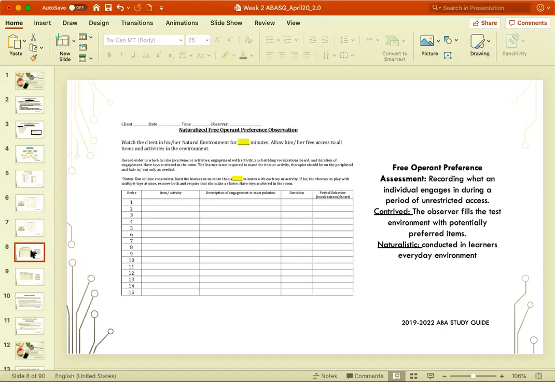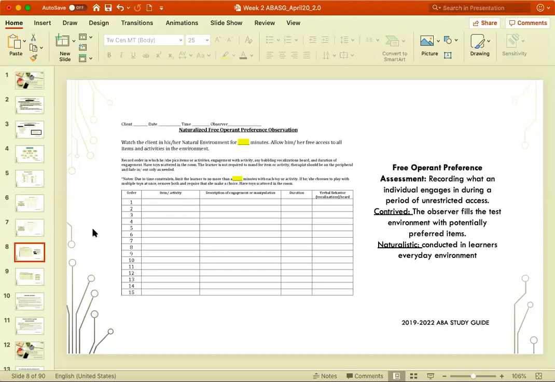play with. You take data on how long they have played with something. So duration is an indicator of preference. And I also like to take data on description of engagement. Did they actually engage with it, or did they just flick the hard plastic with their ring finger? Is that going to tell you they like that item, or they like the sound of the plastic being flicked with the finger, right? So that helps me to get an idea not only of how long they played with it, but what they